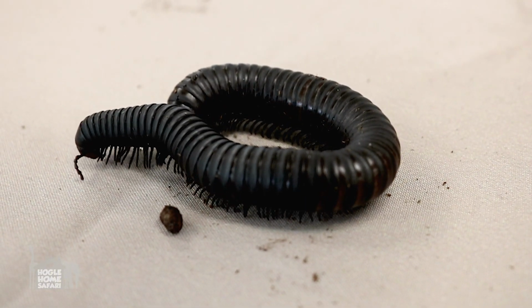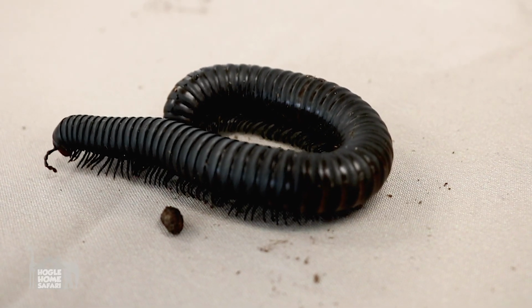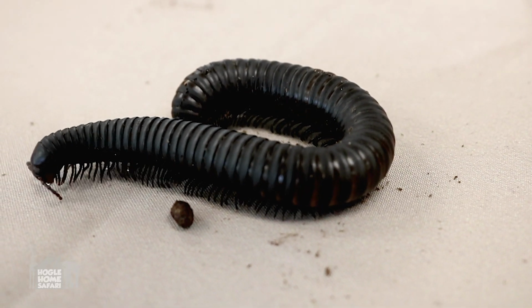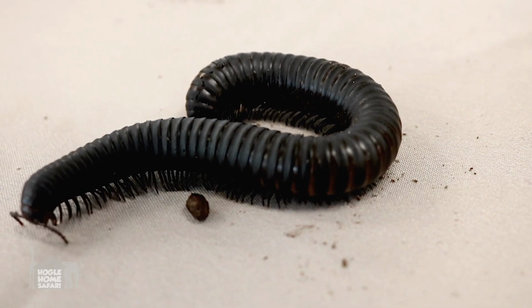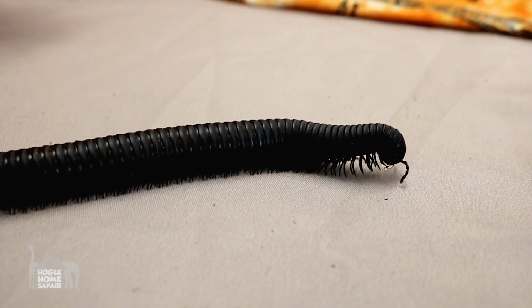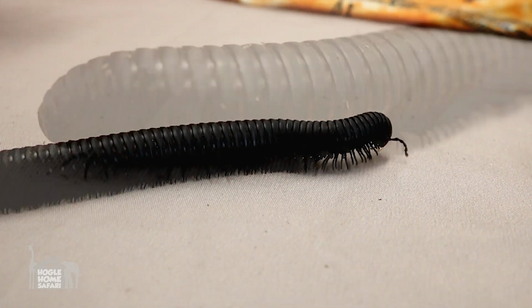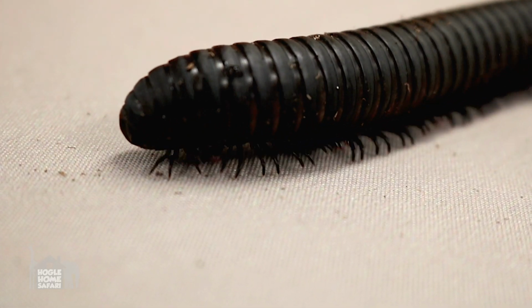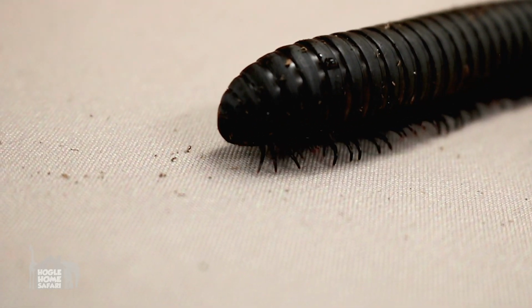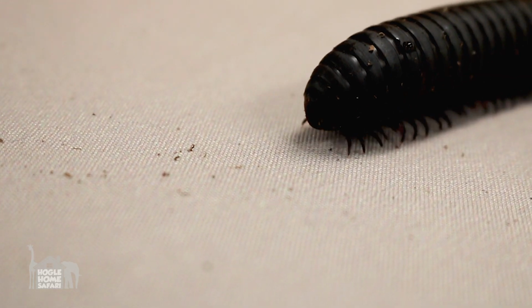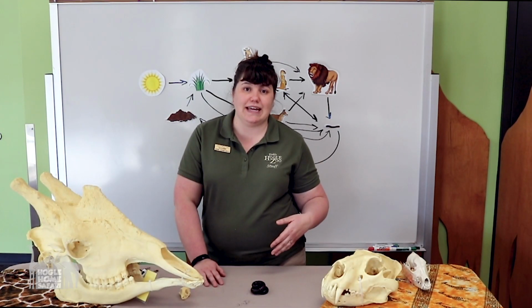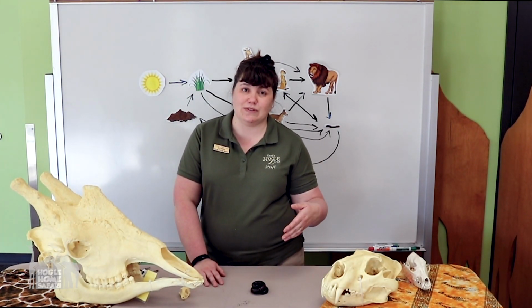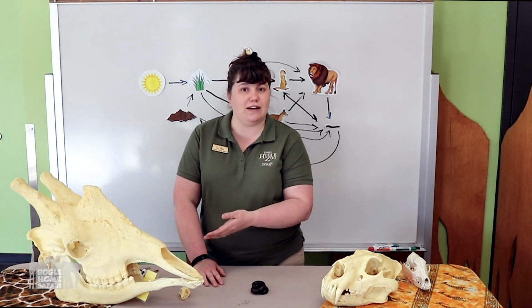But these guys are decomposers. They like to eat decaying plant matter mostly. And they're the recyclers of Africa. Any dead plant matter that falls on the ground, they will eat. And then they poop out millipede poop, which returns to the soil, and it's full of those nutrients and things that plants need. Plants and animals work together because the animals, even like giraffes, if they eat a plant seed,